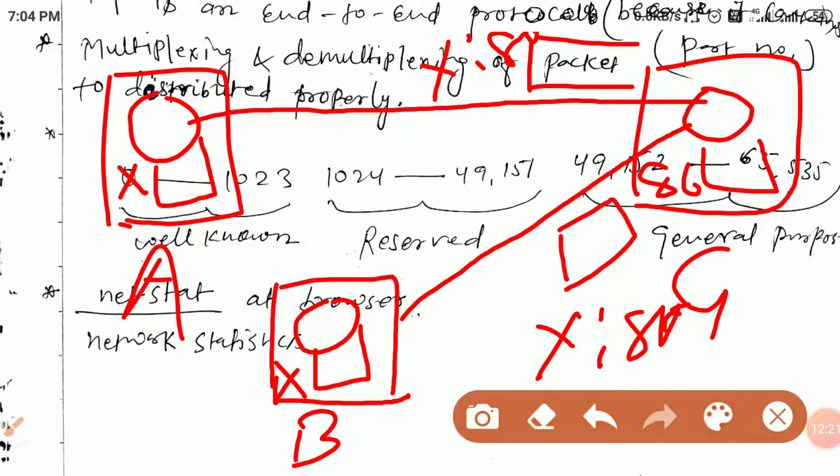Now in this case, how will the destination know in which buffer to store information, because both are X to 80? So this is an ambiguous situation.